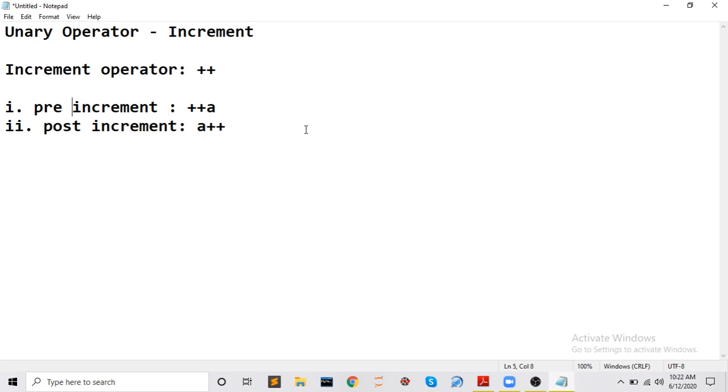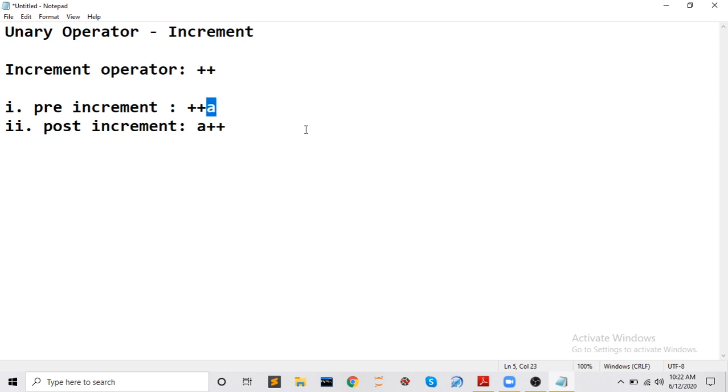Suppose you have to write a pre-increment operator, how will you write it? First you will write the increment operator. Increment means plus, this is clear from the term itself. Increment means plus and decrement means minus. So if you have to write pre-increment, you will write the plus sign first, and since it is pre, as you can see the operator is before the operand.